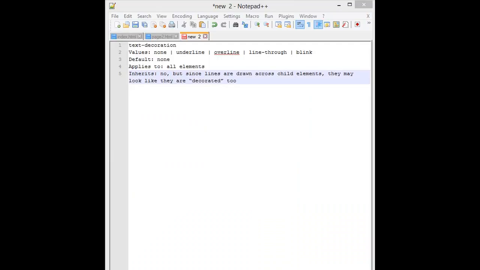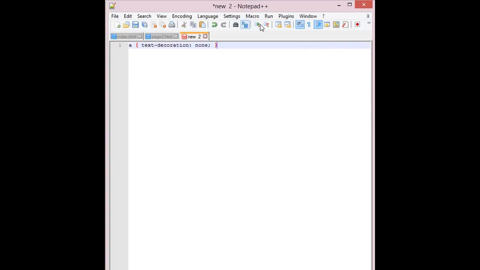The most popular use of the text decoration property is turning off the underlines that appear automatically under linked text, as in the example I'll show you. In this example the underlines in the links will be removed, but there are a few cautionary words to be said regarding text decoration. First, if you get rid of underlines under links, be sure that there are other cues to compensate, such